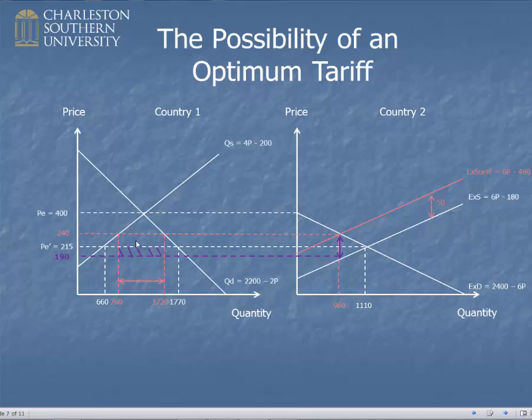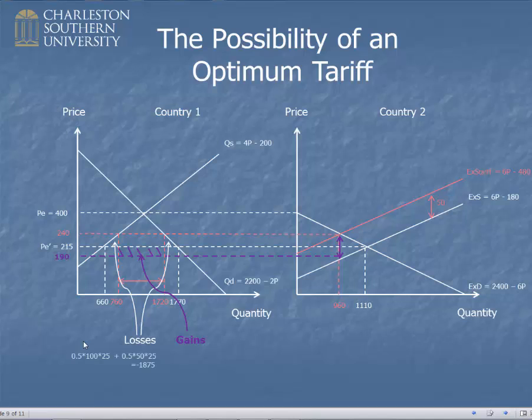This little piece up here doesn't count as a benefit because it was originally consumer surplus and now it's tax revenue generated, so that's a wash. But this part down here wasn't part of consumer surplus, and now we get that benefit because country 2 has absorbed part of the tax. Now remember that we had these two losses up here before we did the optimum tax. These were called deadweight losses because there was no offsetting gain, and then there is now, of course, this offsetting gain. So it's theoretically possible that this gain can exceed these losses over here,